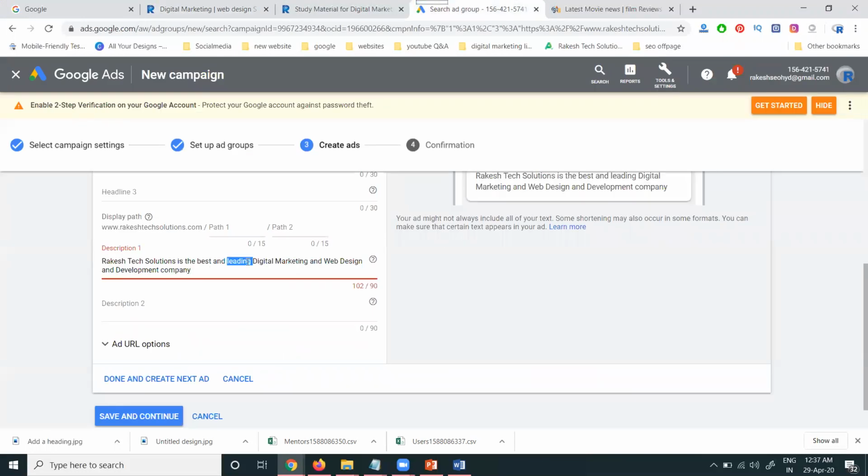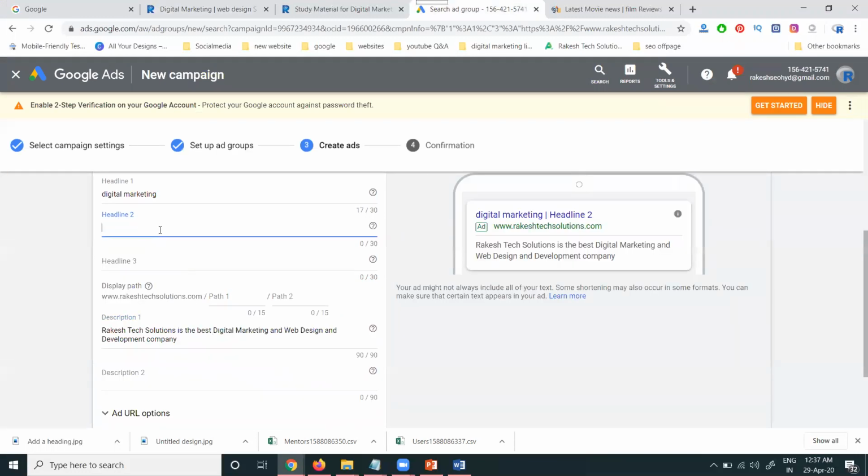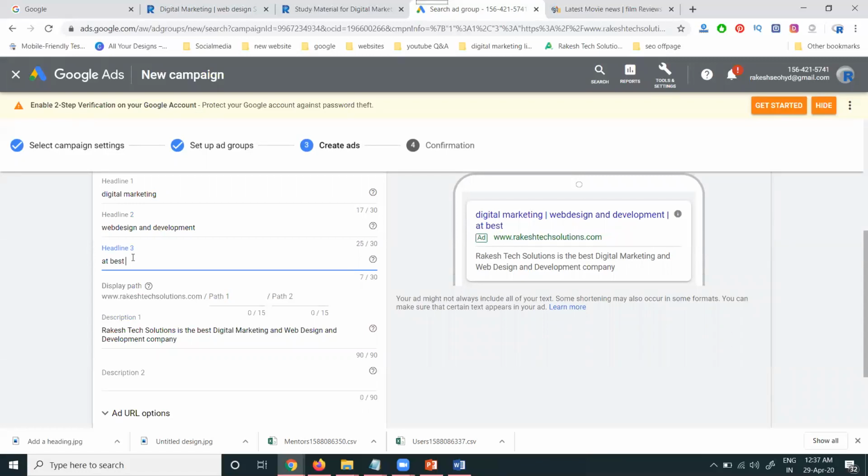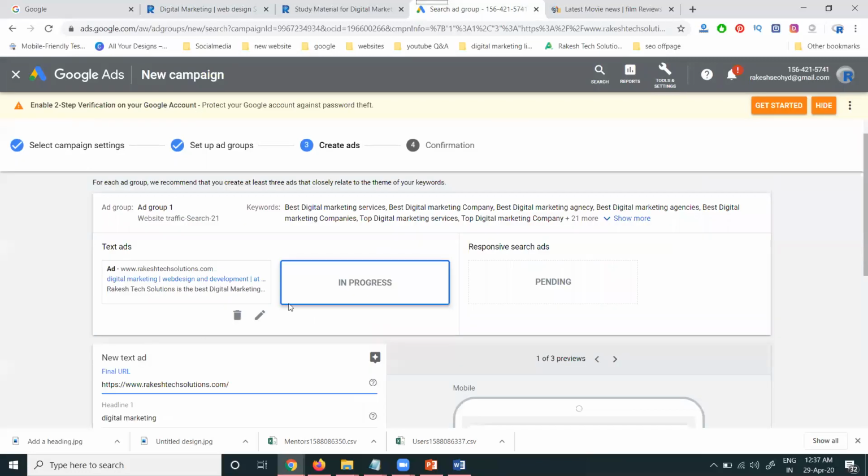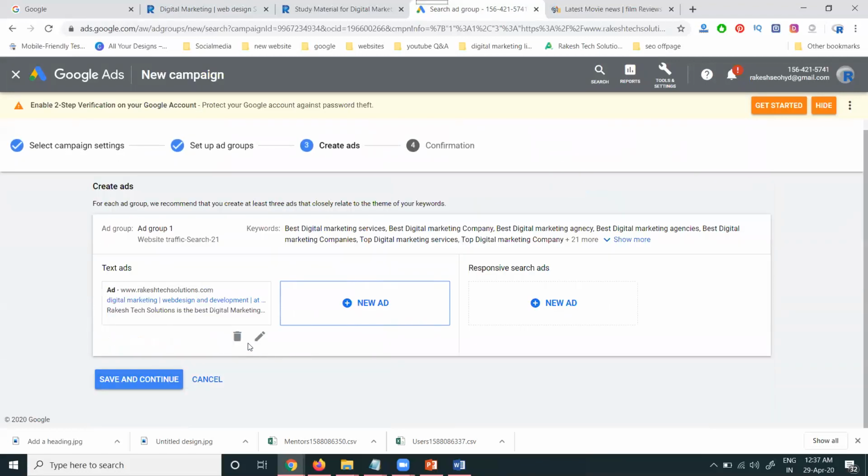Description. So here, next you can add it, or cancel. One ad will be designed, then edit.